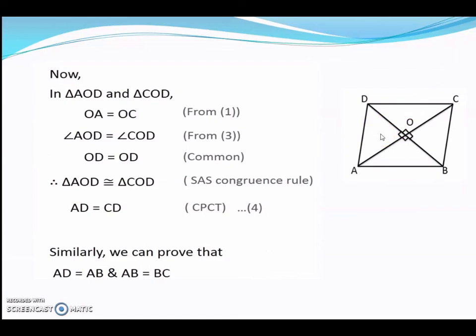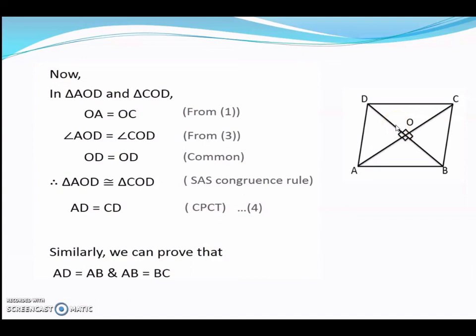Earlier we had taken these opposite triangles AOD and COB. Now we are taking adjacent triangles AOD and DOC. Now in these two triangles, these two are 90-degree angles, so they are equal. OD is the common side, and also we know that OA and OC are equal because diagonals are bisecting. This is already given to you. So AO and OC are equal given. These two are 90-degree angles. This is also given. And OD is the common side. So again by SAS we can prove that these two triangles are congruent.